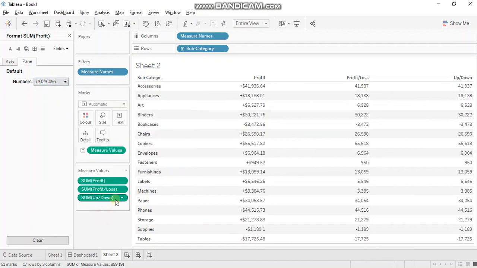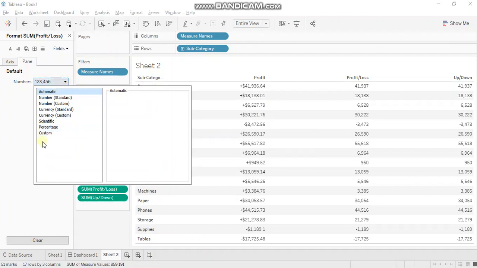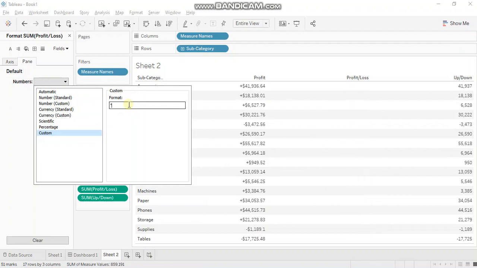So I'll go to profit loss, format, custom. Similar to that, since this is a string, it should be enclosed within double quotes: profit, a semicolon, and then loss. Again a semicolon, none.